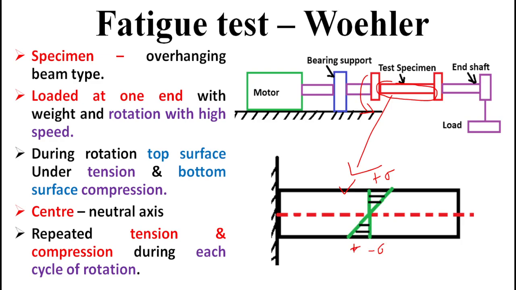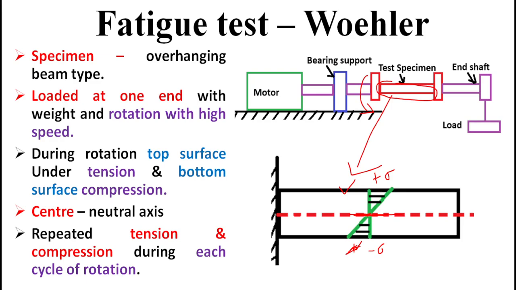minus sigma. The plus sigma is the tensile stress and the minus is the compressive stress. In between is the neutral axis, where there is no stress and strain. This is the region of high tension and high compression. So in every rotation cycle,